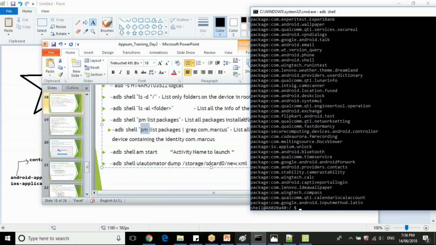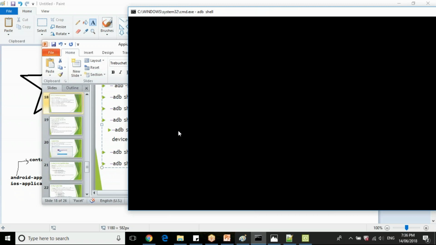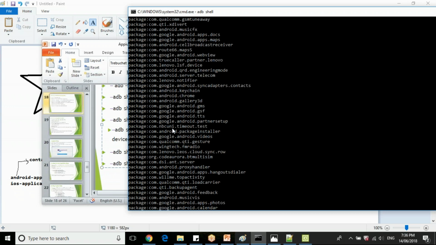Now you can compare which is the package. So let me clear this one. So we might be knowing here what is the package name.